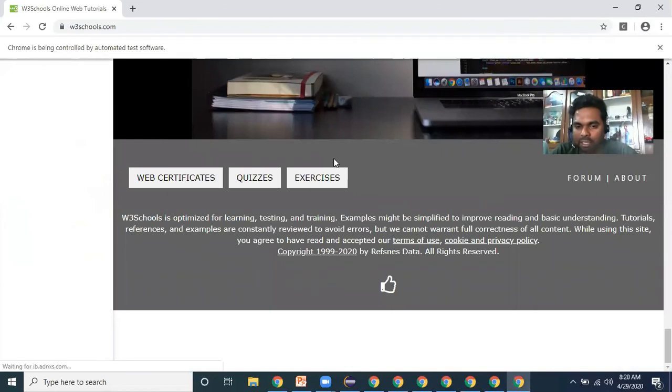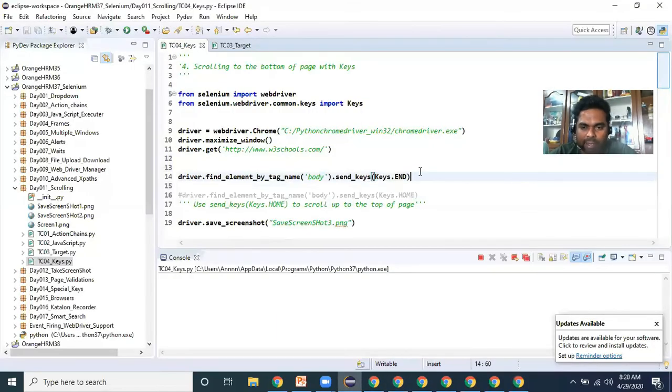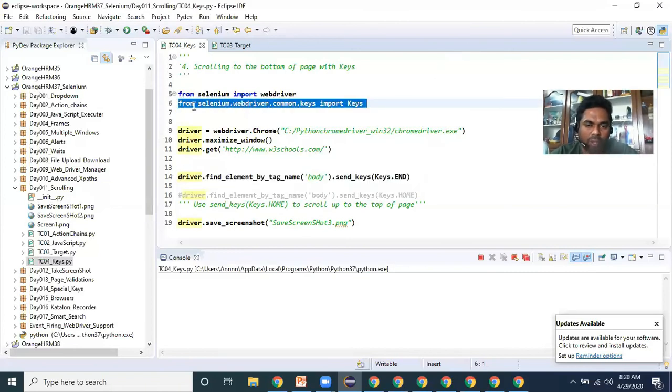See, the web page is scrolled completely at the bottom of the page. So this is the fixed line we can use to scroll completely to the bottom of the page. To write this one, you need to import these keys. How to use the keys, we are going to discuss in a separate lab, what are the labs that we can do on this package. So now we understood.